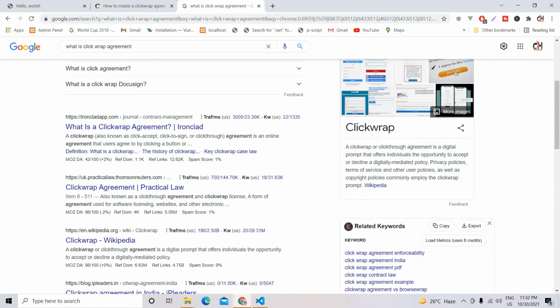I thought you might understand this by reading the definition, but if you still haven't understood what ClickWrap is, then let me simplify it. Let's suppose you go to any website. Suppose you have logged into your bank website, and here you want to open a fixed deposit or something like that.